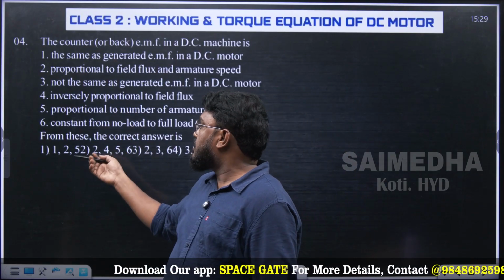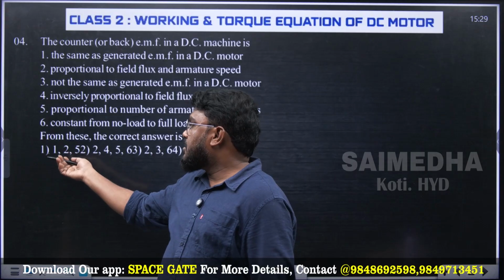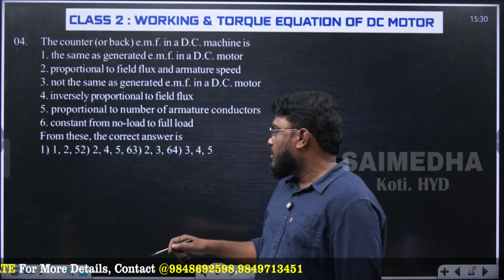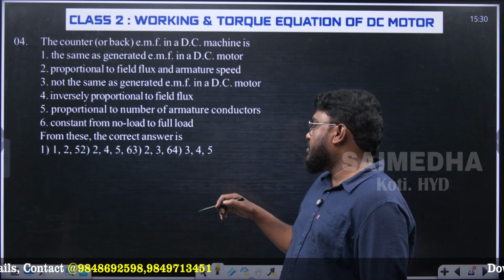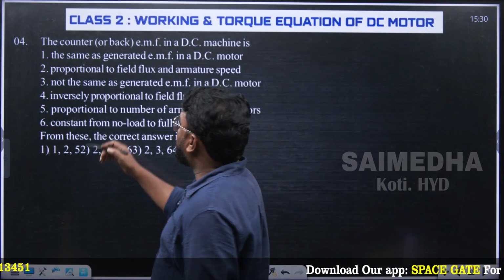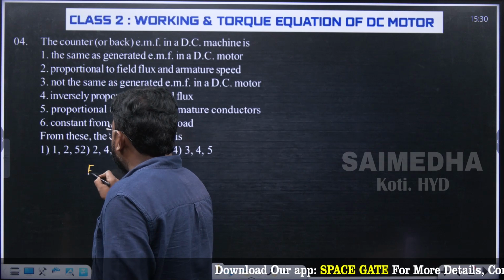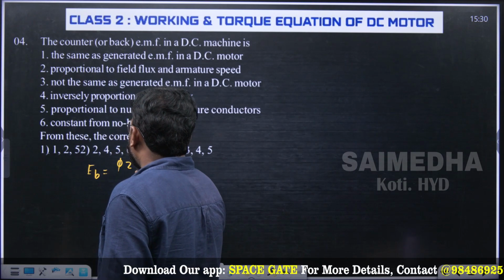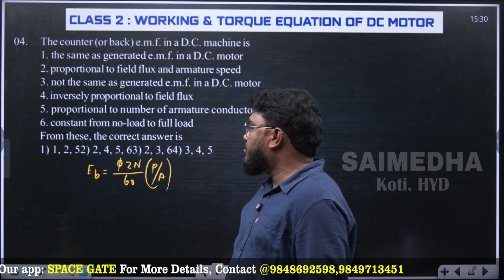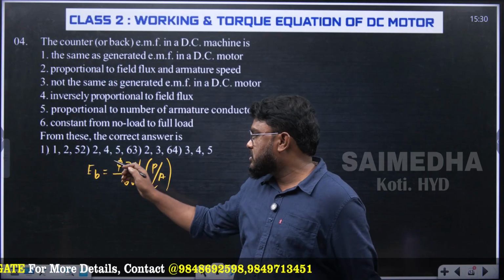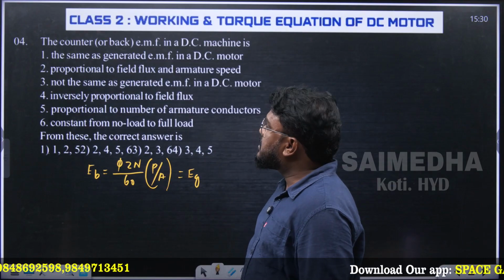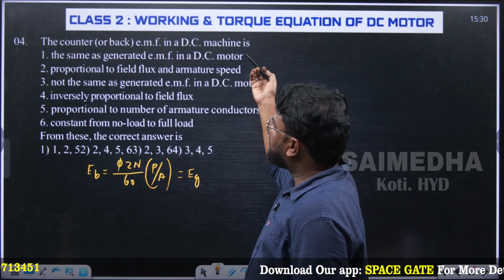So from these, the correct answer is option 1: 1, 2, 5 statements are correct. Option 2: 2, 4, 5 statements are correct. Option 3: 2 and 3 statements are correct. And option 4: 3, 4 and 5 statements are correct. So first, the back EMF equation: Eb is equal to φZN by 60 into P by A. This is the back EMF of the motor, which is also equal to the generated voltage in the generator,